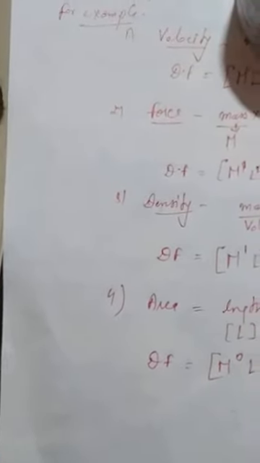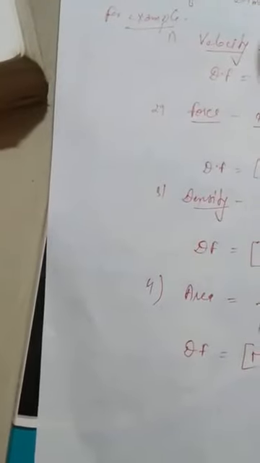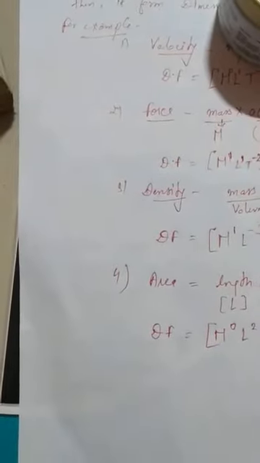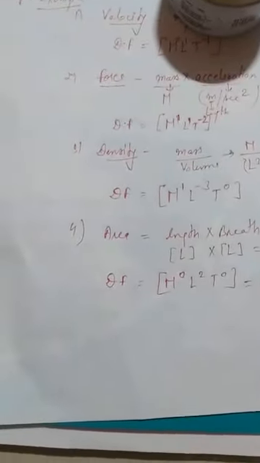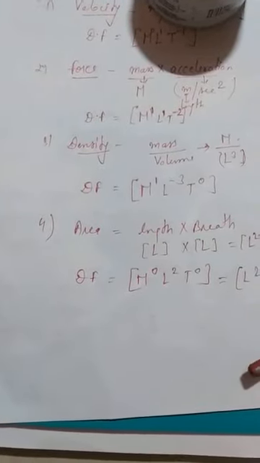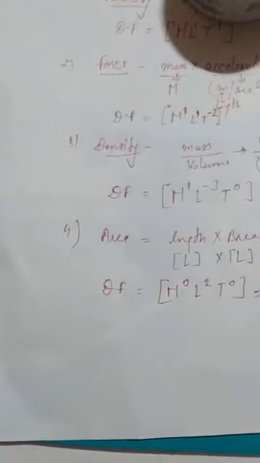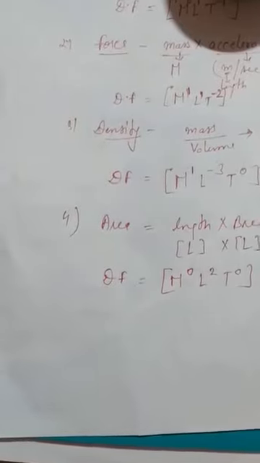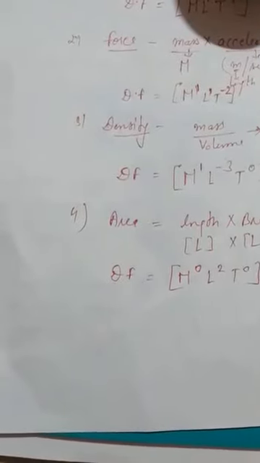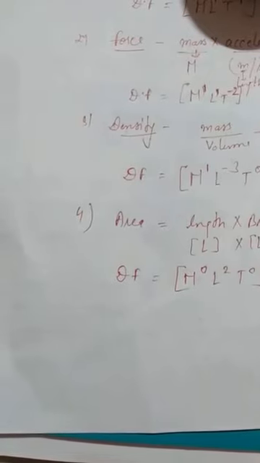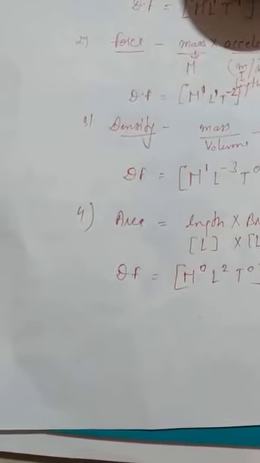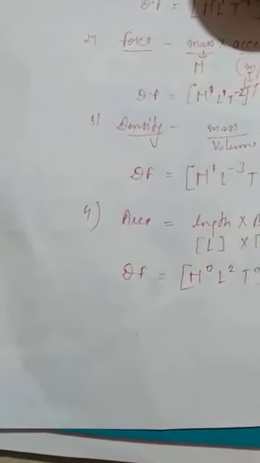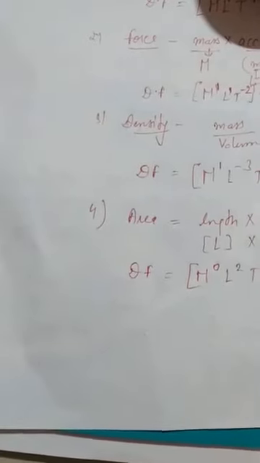Next part will be the use of the dimensional formula. We will do these uses tomorrow. What are the uses of dimensions in our physical world, and where can we use the dimensional formula? We can use it for making equations when different terms are given. Another use is converting one form to another. For example, the unit of force is Newton, and the CGS unit of force is dyne. How do we write 1 Newton equals how many dyne? For that conversion we use the dimensional formula.